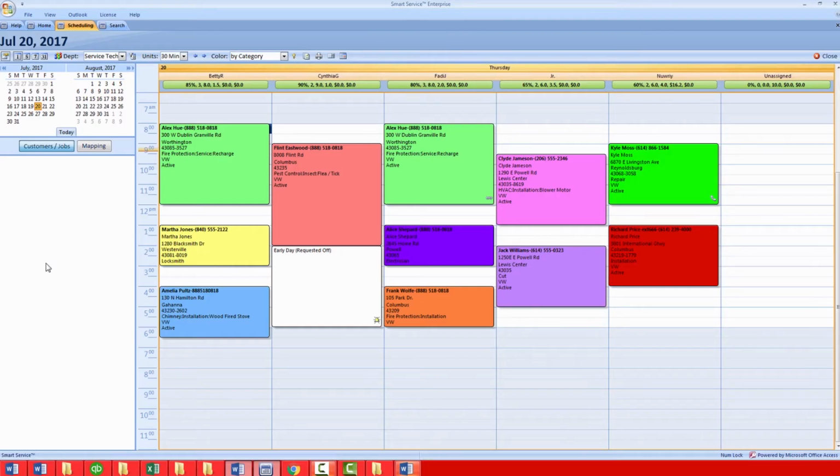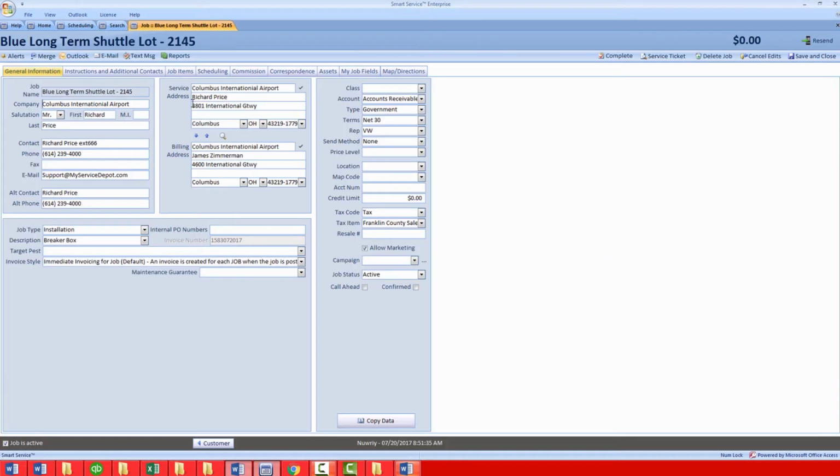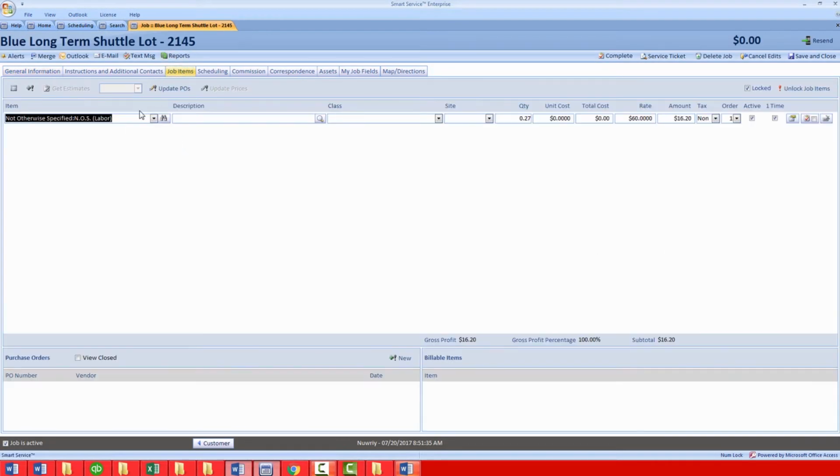So our next step is heading back to the office, and let's see what iFleet's given us. I'll go ahead and open up the service we were working on in iFleet. If I head to the job items section, you'll notice our labor item that we had added is already in here for us. Now, the feature that we talked about, that add time charges from iFleet, if I unlock my job items,